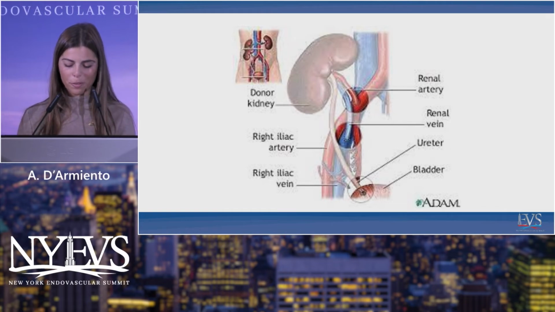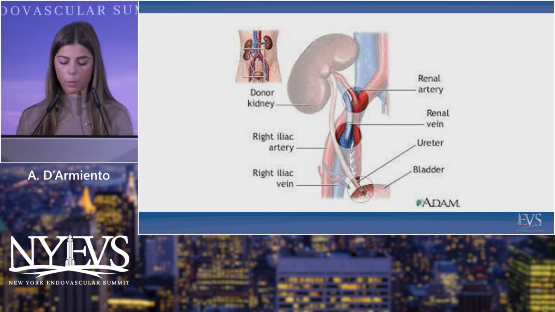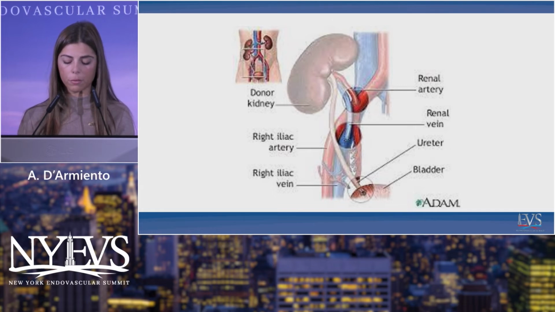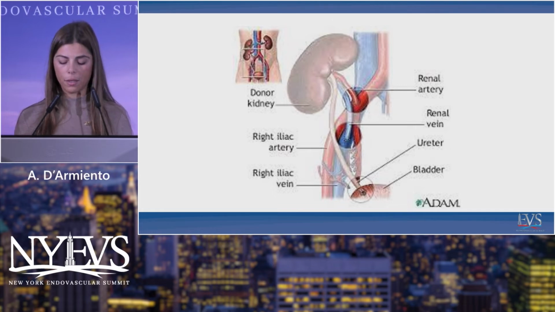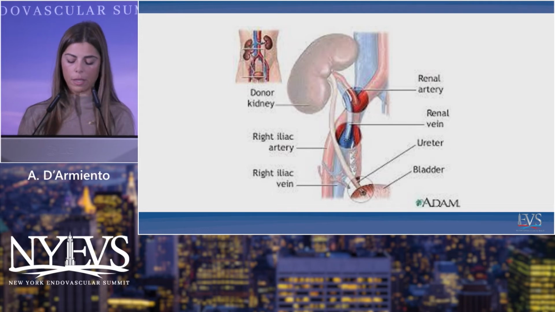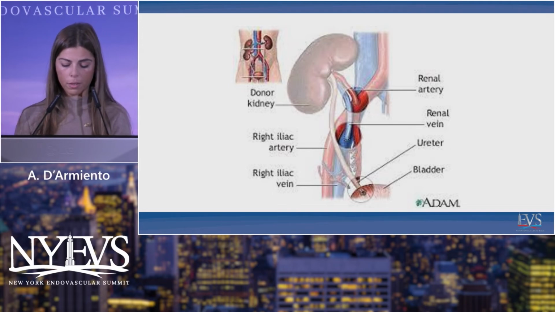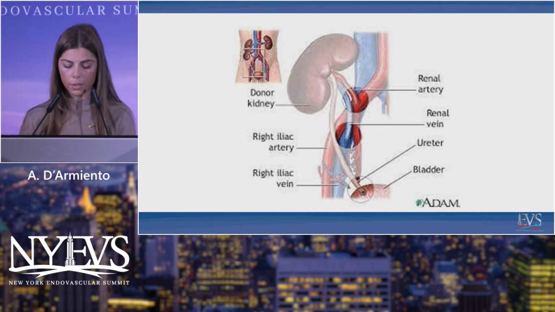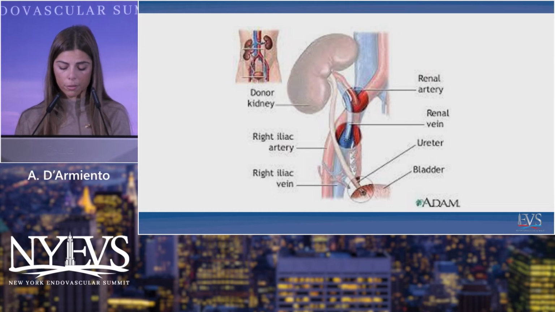I want to talk briefly about kidney transplant recipients and femoral access. A transplanted kidney has its artery and vein anastomosed to either the right or left iliac artery and vein. It might not be something that we think about often, and maybe even a little counterintuitive, but it would be best practice to identify the laterality of the patient's transplanted kidney prior to femoral access,